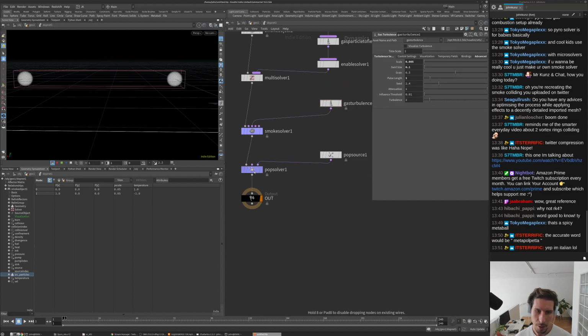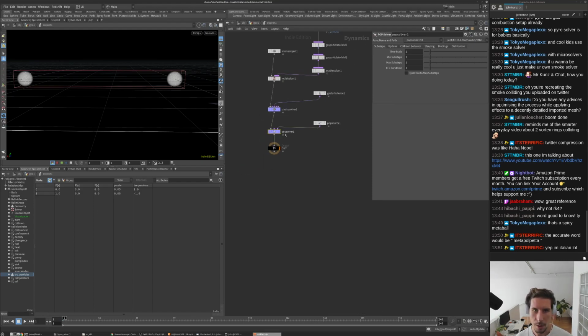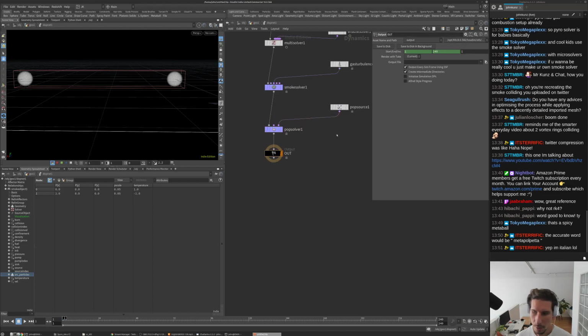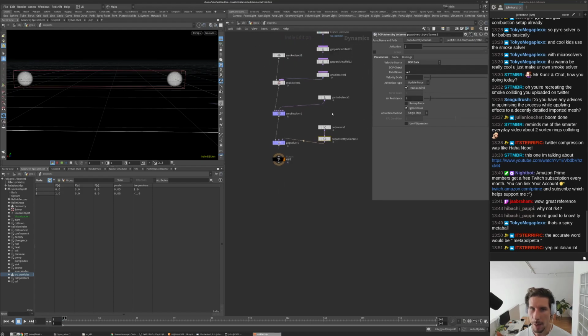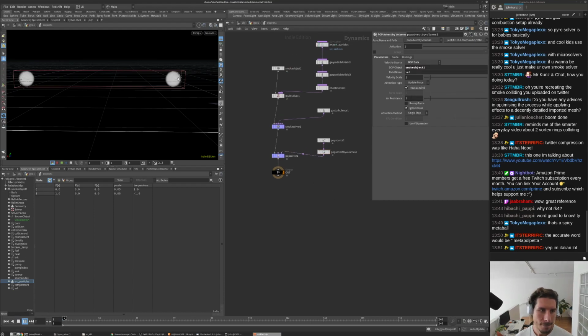They're not moving. This pop solver by default just moves them according to geometry attributes. It doesn't look at the existing fields or volumes. You just do DOP advect by volumes. I think you can just say DOP data. The DOP object is just going to be smoke object. Now they're kind of moving,